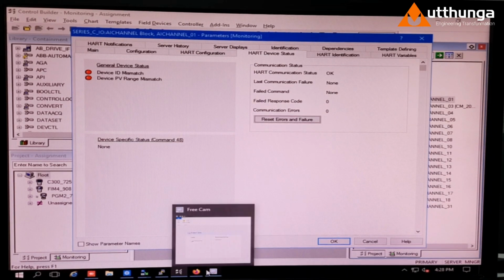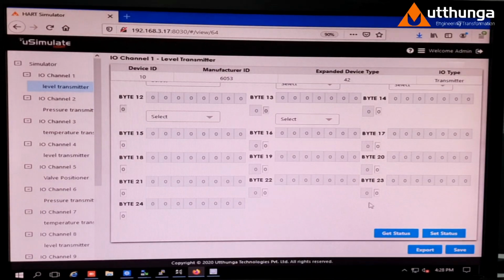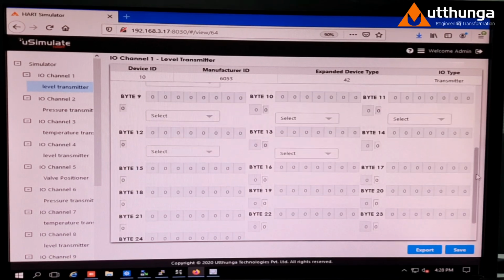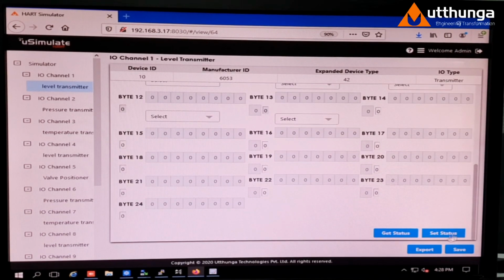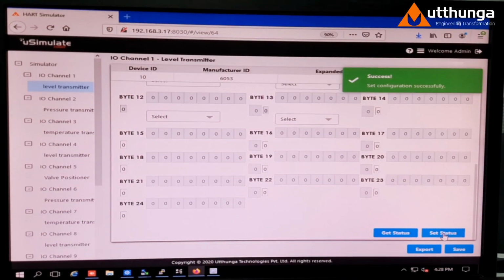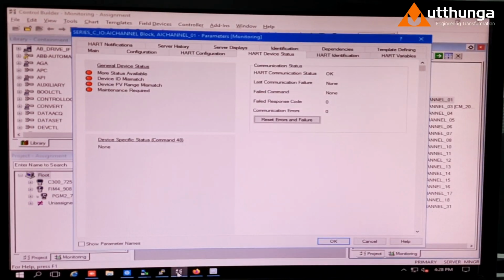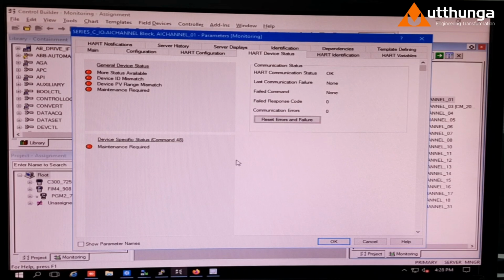Usually it takes a bit of time. Yeah, we can see maintenance required message has been given to the master.